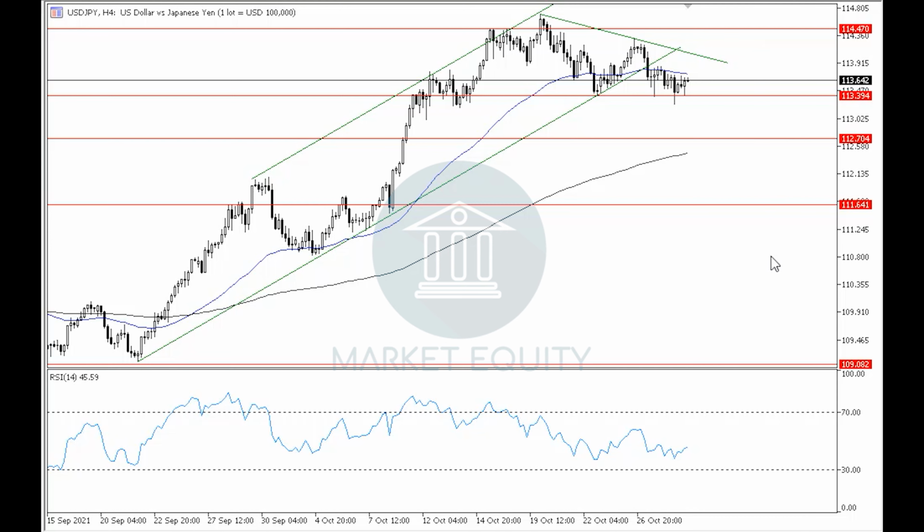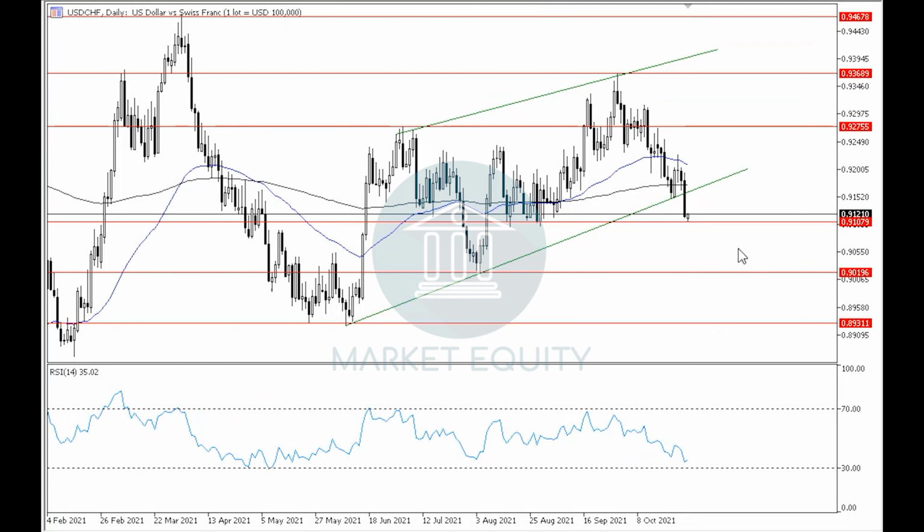That was it for the US dollar versus the Japanese yen. Let's move on to the US dollar versus the Swiss franc. In the previous videos, we said that the pair is moving in a downtrend in the 4-hour time frame inside